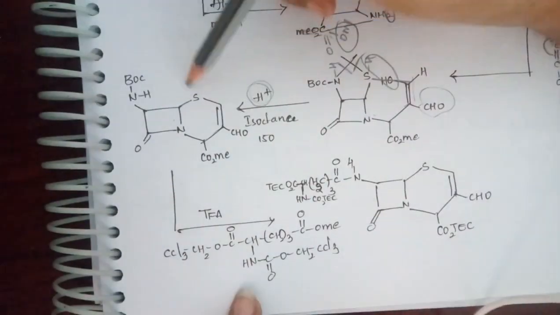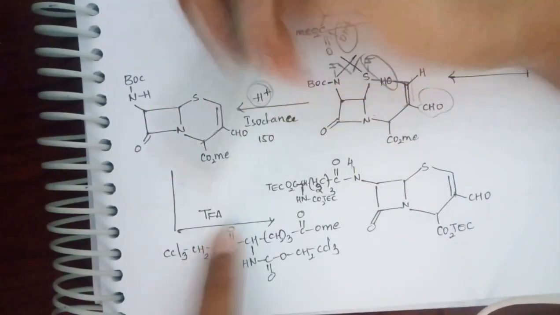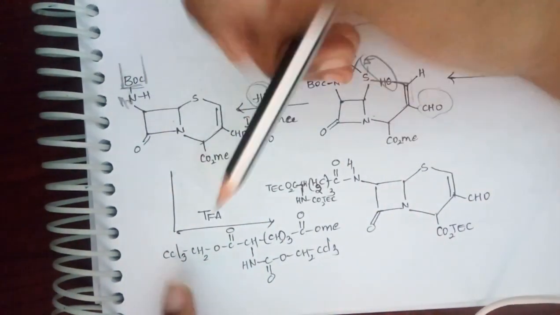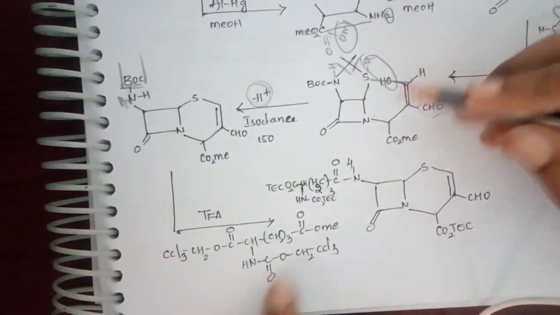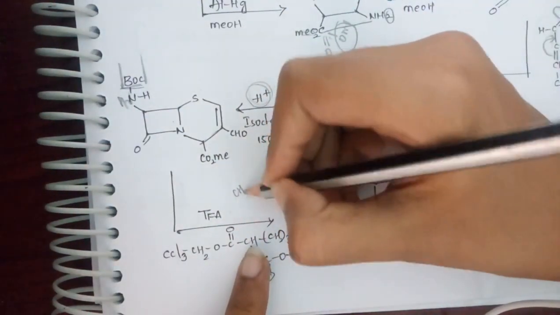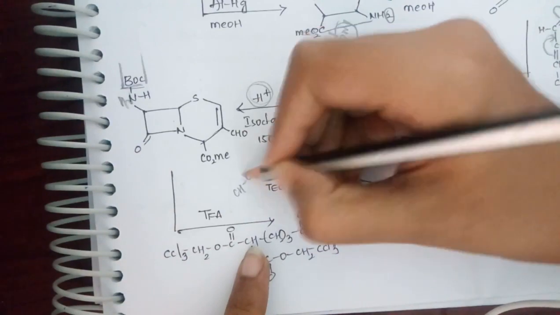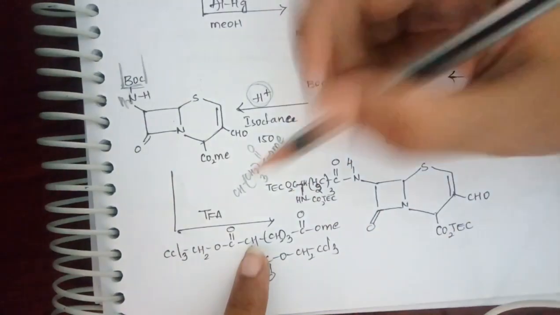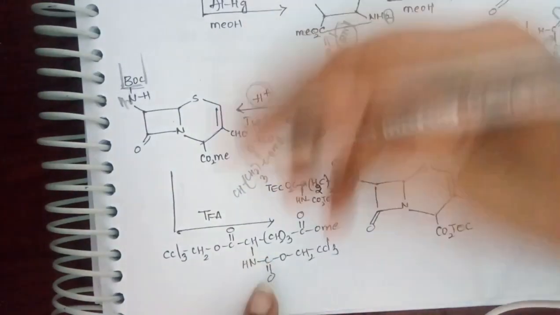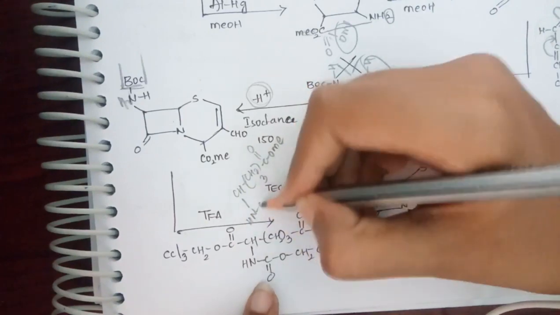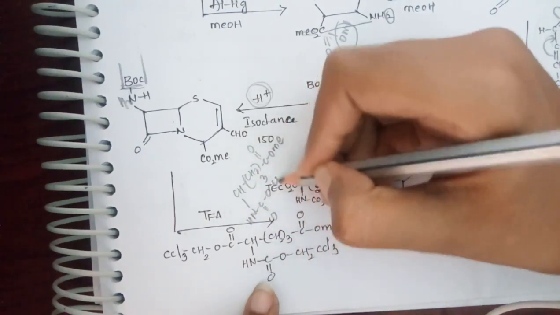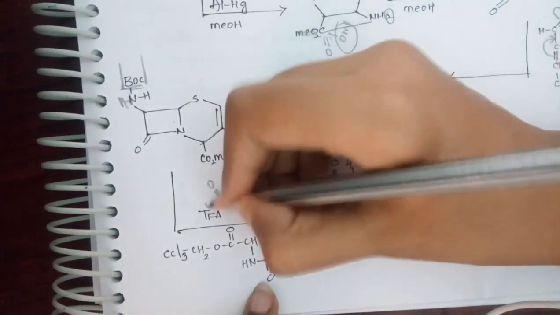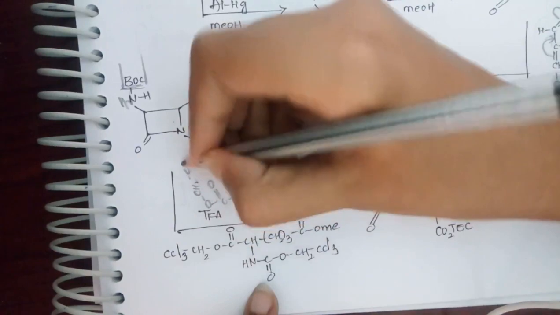After forming the bond, I am treating with TFA, trifluoroacetic acid. This Boc protection will be lost and here you will get NH2. Later I am treating with this side chain. To write this side chain, first you keep here CH, attached to CH2 thrice, C double bond OMe. Below you keep NH, C double bond O, CH2CCl3. Again here C double bond O, CH2CCl3.